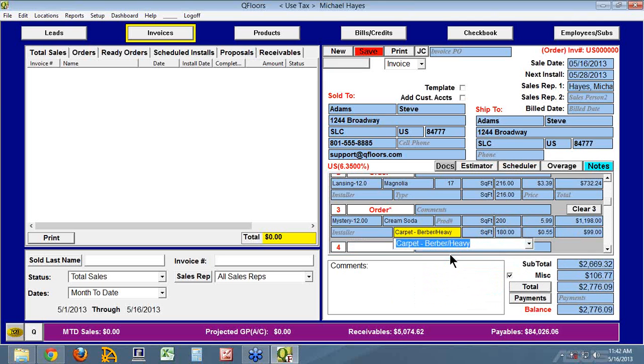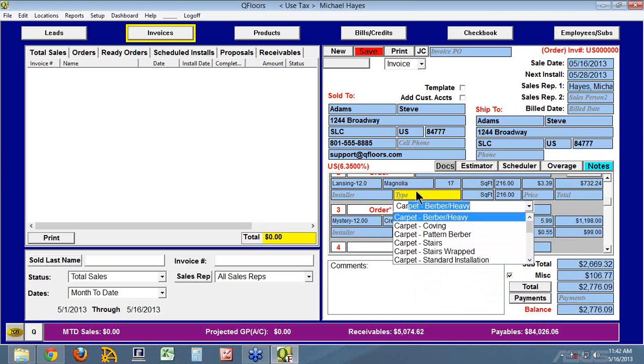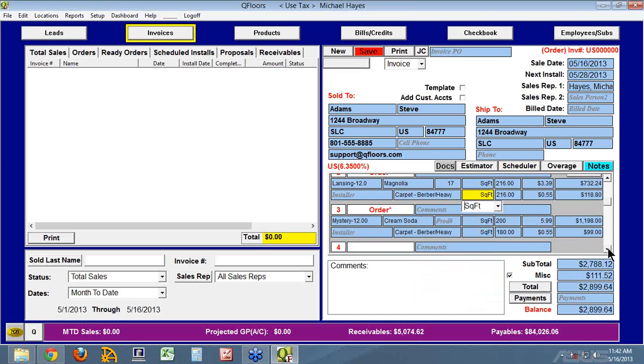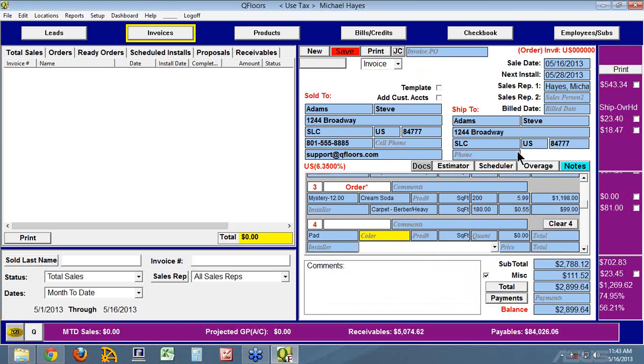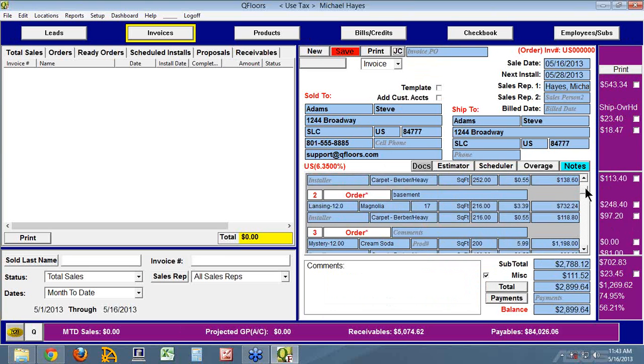I think I've changed my labor items here. You want to indicate all of the materials that you're going to use on this job. Perhaps not all the staples and seam tape and different installation supplies like that, but the trim pieces, the bullnose, square nose, all your field tiles and so forth. Just itemize those out. This is helping you to manage your sale, of course, and also the costs